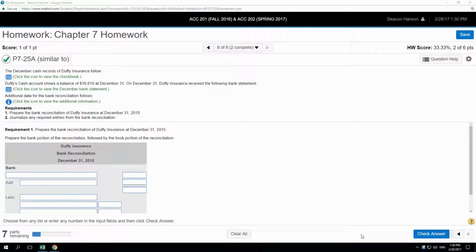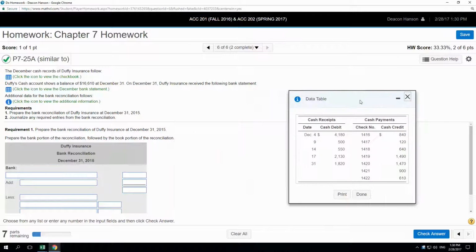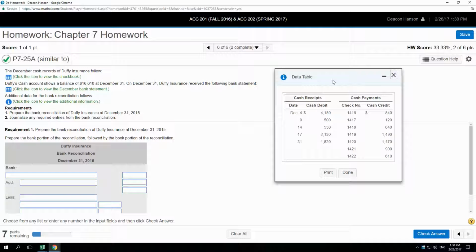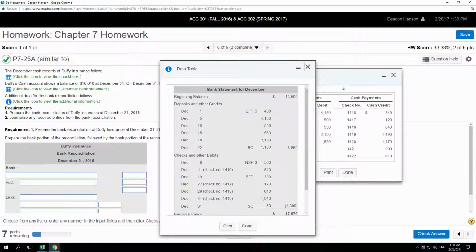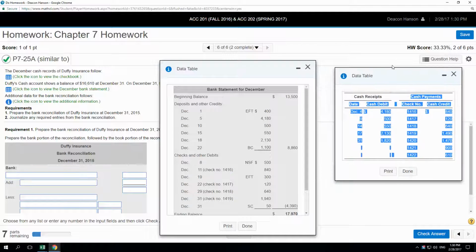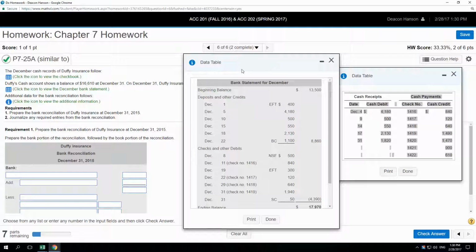So remember, what we're trying to do is explain the difference between what we have in our checkbook, which is the company records, and what's on the bank statement. They're trying to emulate what a bank statement might look like. Of course, your bank statement is probably going to look a little different than this, but it gives you the basic information. It has the beginning balance and the ending balance,